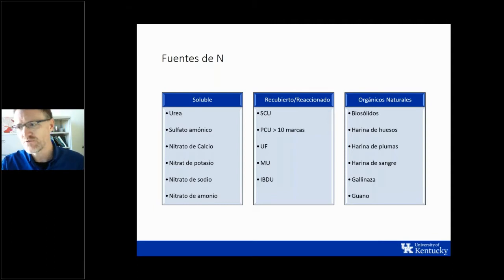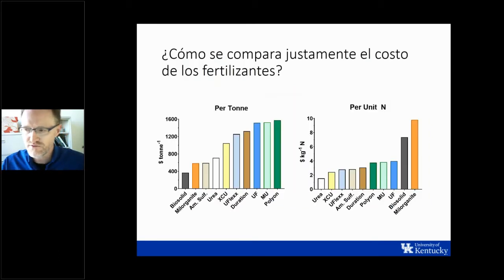When we look at all these, these nitrogen sources have different release characteristics, they have different price positions, and we want to know, okay, how do we fairly price these products? How do we fairly compare these nitrogen sources? There's a couple, two or three ways to look at this. You can look at how much a fertilizer costs per ton. In this example on the left, we see a biosolid is less than around $400 US per metric ton, and on the far right hand we have a polymer coated urea that is close to $1,600 per ton. But that ton